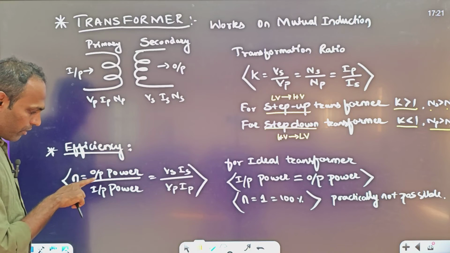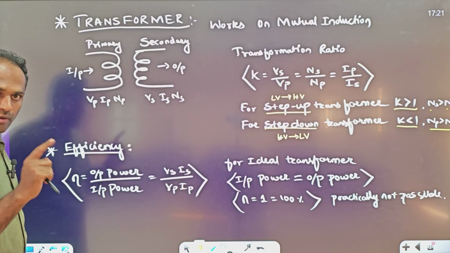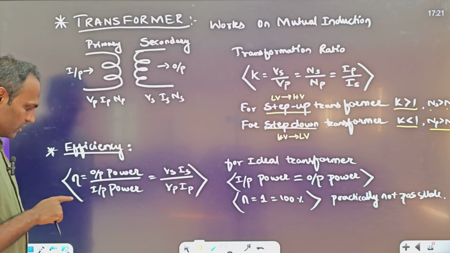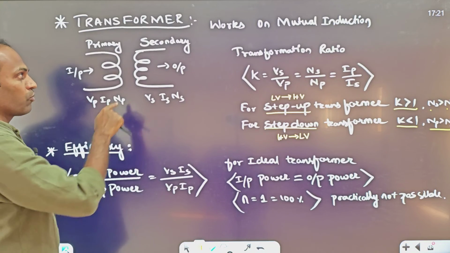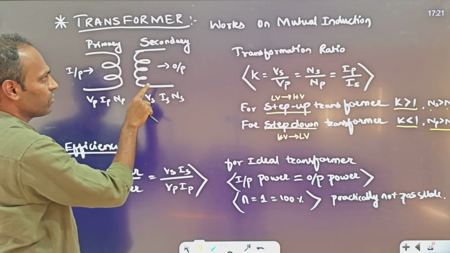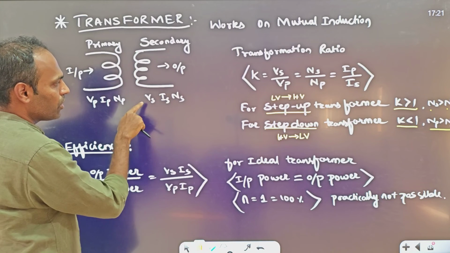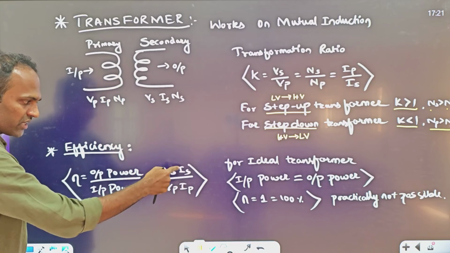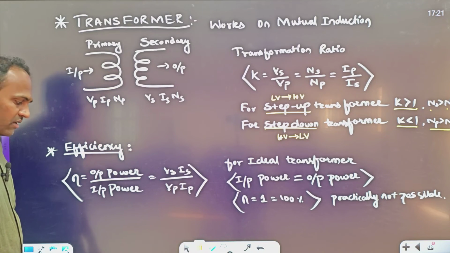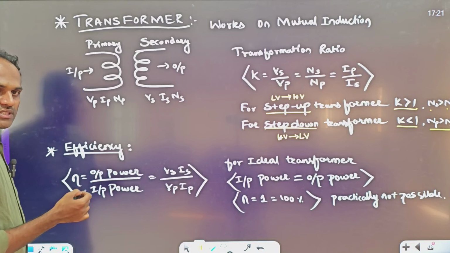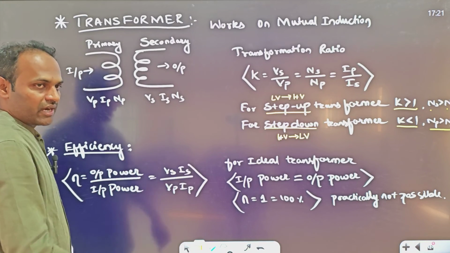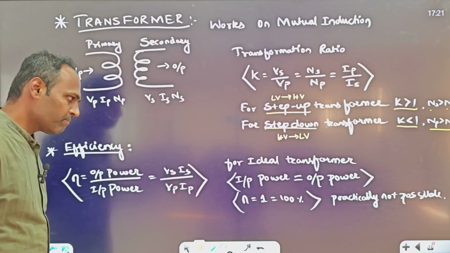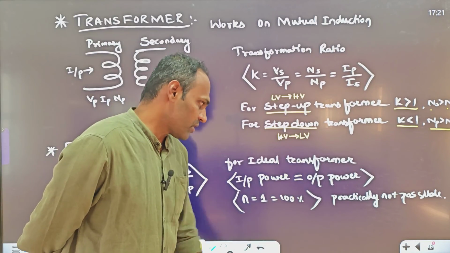Next, efficiency of a transformer. Efficiency means it is output power upon input power. What is power? Power means voltage into current, right? So output power, as output is related to secondary, will be equal to the product of voltage of output coil and current of output coil. It means Vs into Is, voltage of secondary, current of secondary. Input power is the product of primary voltage and primary current, Vp into Ip. Right? Next, for an ideal transformer,